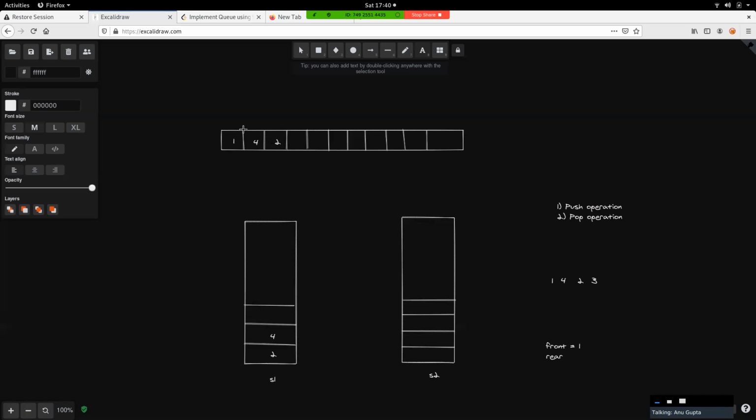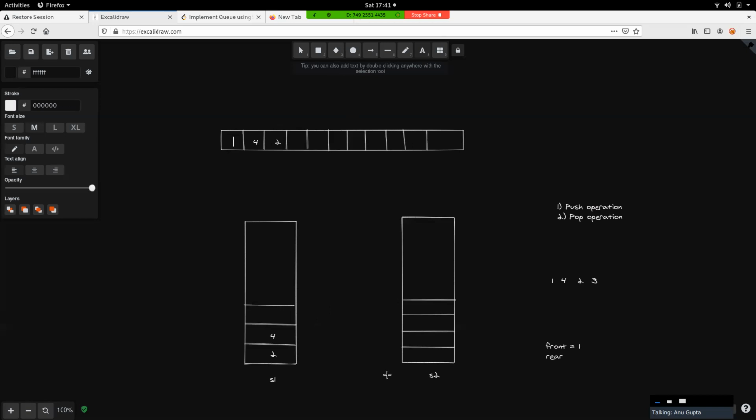So eventually 1 would be removed from here. So here also we see that the top of the stack is 1, and we can easily remove it using the pop operation from the stack.